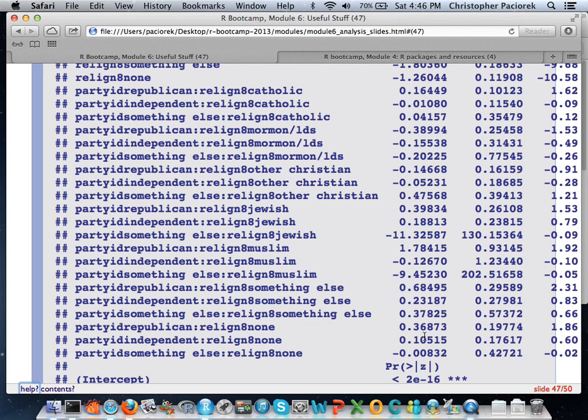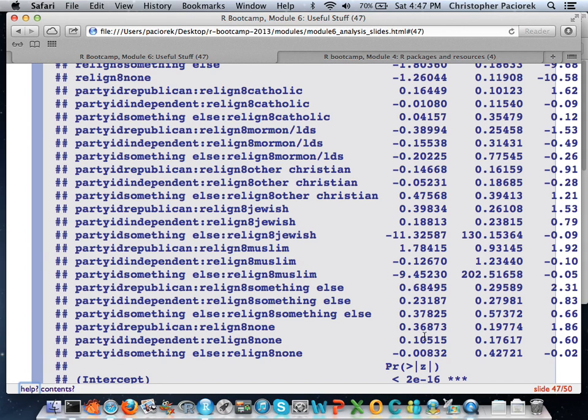Go ahead, yeah? Is it possible to command it so that it only displays significant coefficients? I mean, you could write a little function that could eventually get that output, but I think with the summary function, it's not going to show just the significant coefficients. You could store a summary object, extract the coefficient matrix, and then from that create a subset of the coefficients that are only significant. But that would have to be an additional thing that you'd have to set up yourself. It doesn't come built in, so to speak.